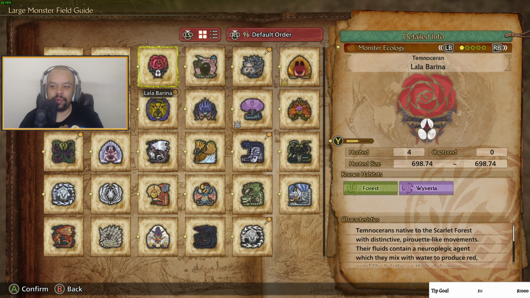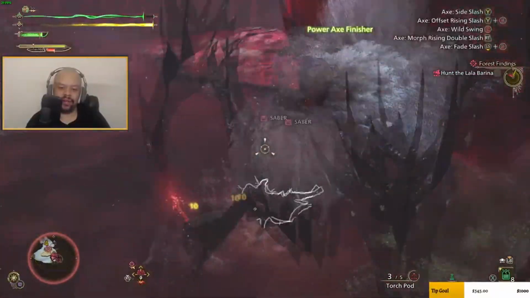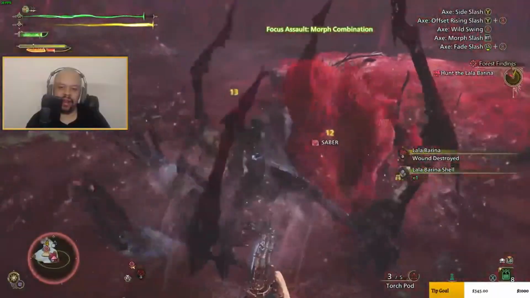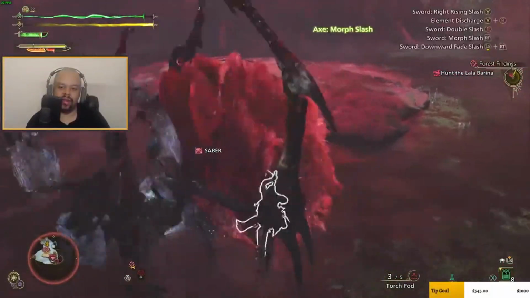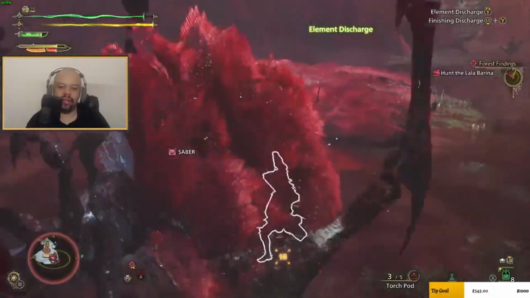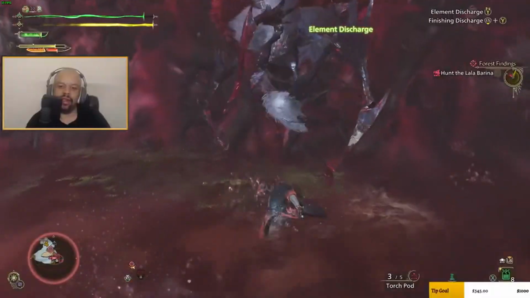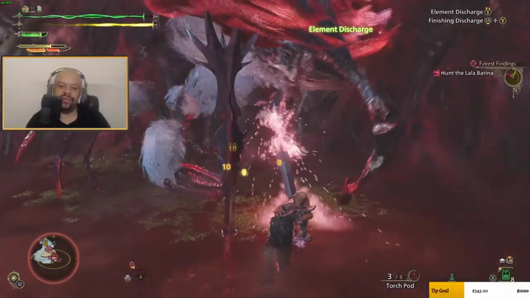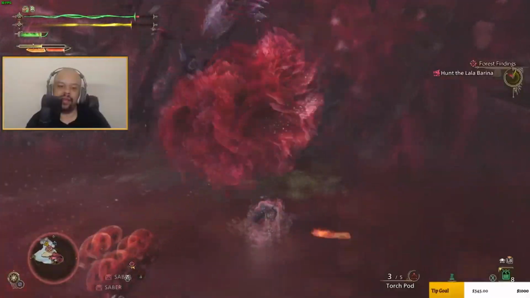Next up, we got a spider monster, Lalabarina. I actually dig this one a little bit, even though I hate spiders in general. I dislike spiders, and there's another spider monster I'm going to later on that's, in my opinion, not as good a design, a lesser design overall. Lalabarina, fun fight. Actually, a really fun fight,